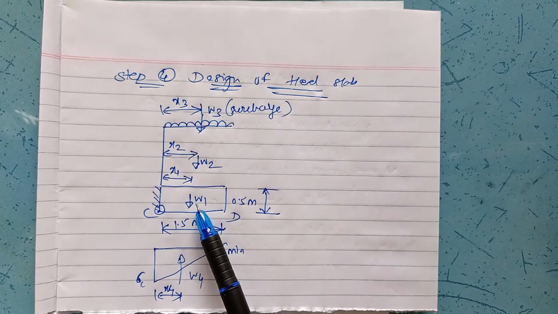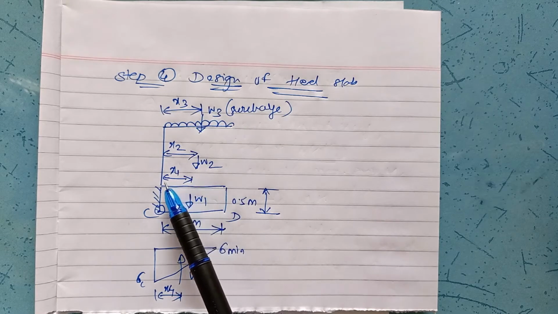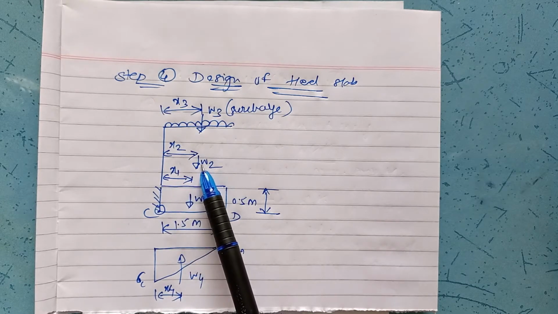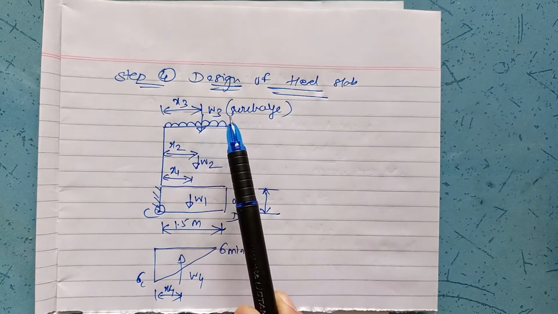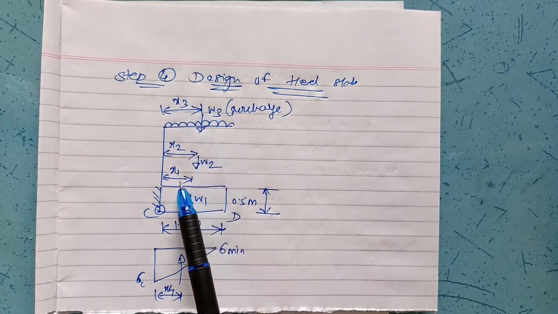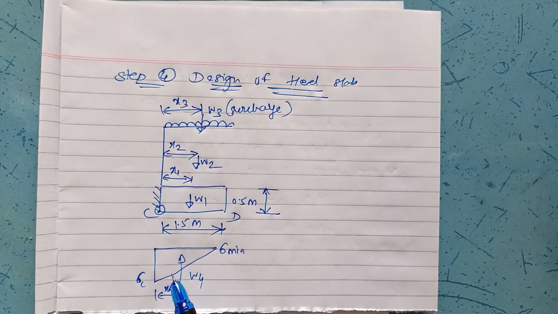Now W1 will be the dead weight due to the weight of the heel slab. It will act at x1. W2 will be the weight of the backfill, and its CG will be at x2 from C, and W3 is nothing but the surcharge weight acting at x3. These x1, x2, x3 are the lever arms for W1, W2 and W3 respectively, whereas this pressure diagram indicates the pressure at point C, and this is the minimum pressure at the far end of the heel. W4 will be the upward soil pressure acting, and its CG will be calculated with respect to C, and it will be x4.